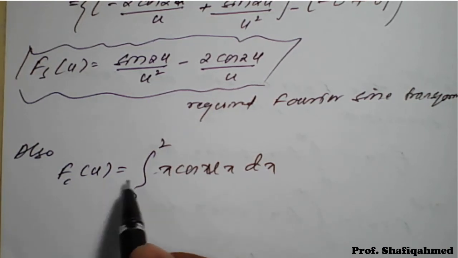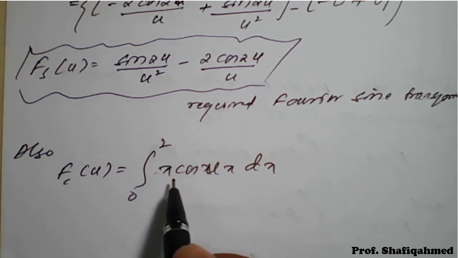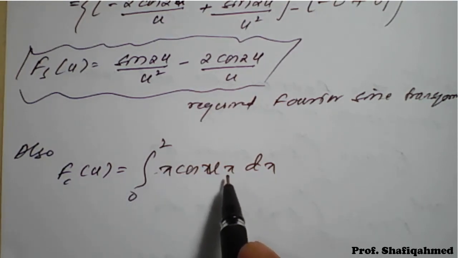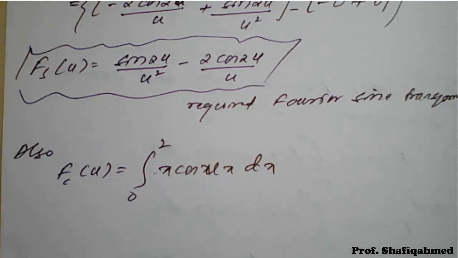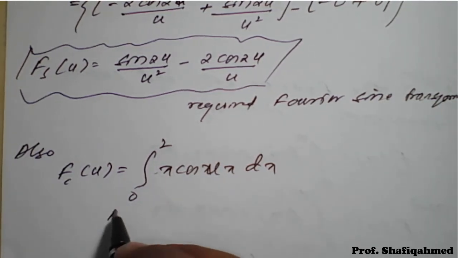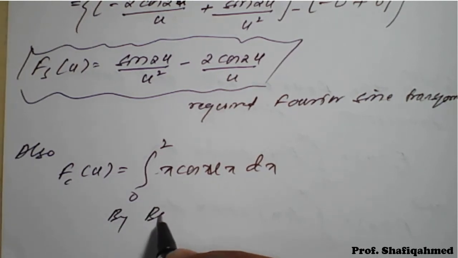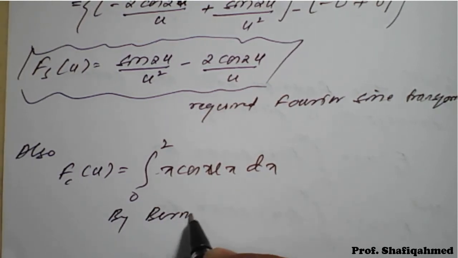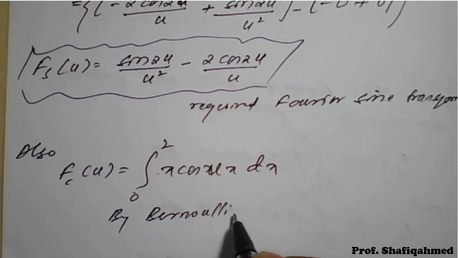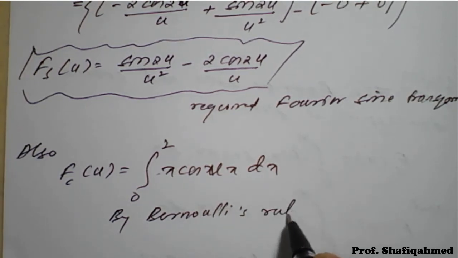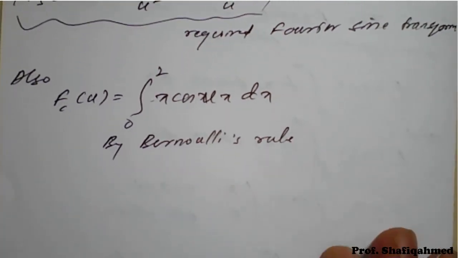The cosine transform is given by fc of u is equal to 0 to infinity f of x into cos of ux into dx, and f of x value is x. So on applying Bernoulli's rule, we'll get